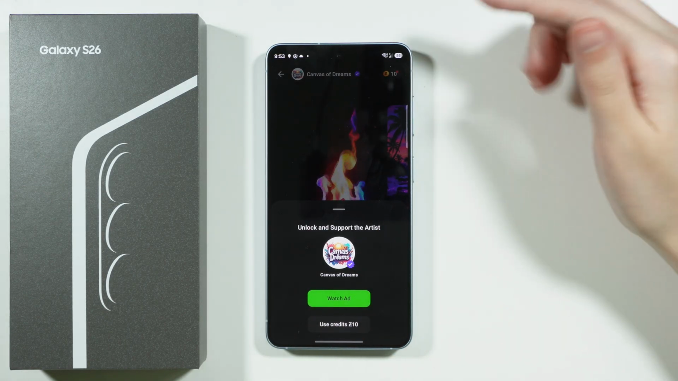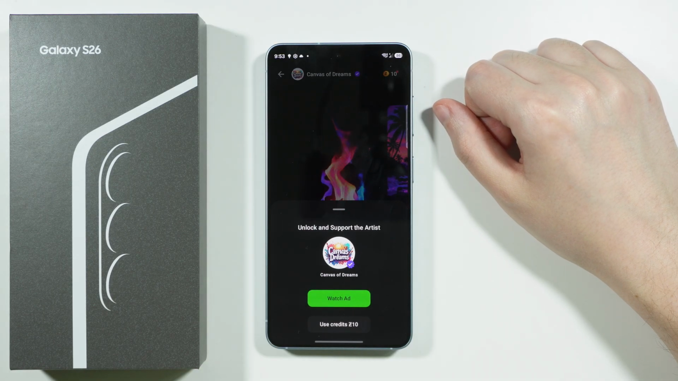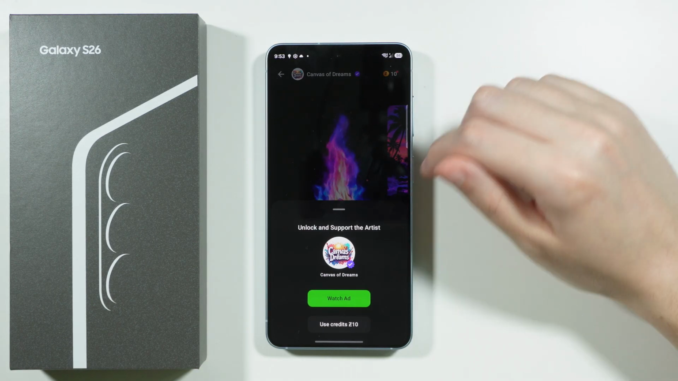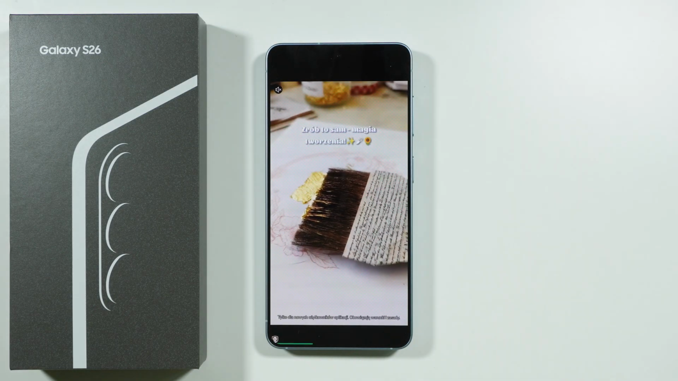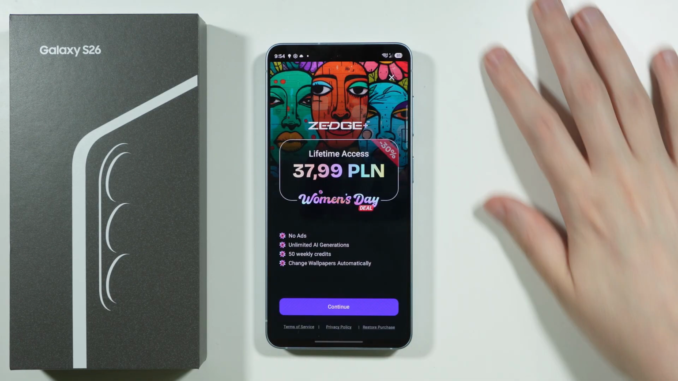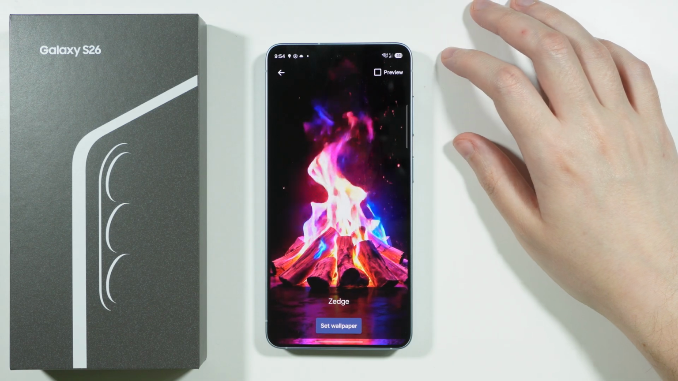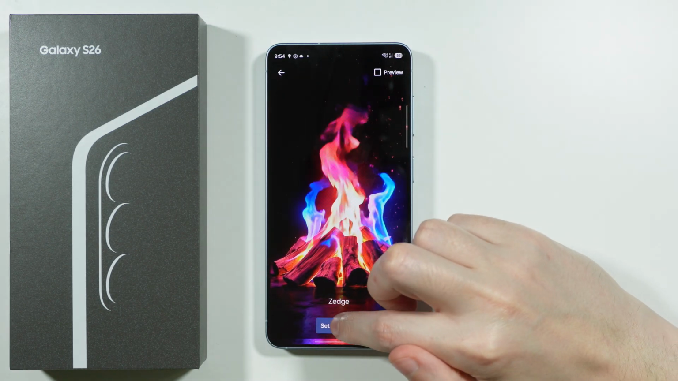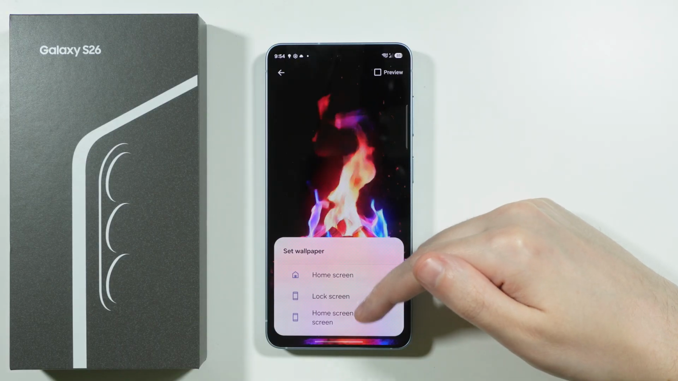Now if you install the app, you get 10 credits at the start, so you can immediately spend that. In my case, I'm gonna watch an ad, and then of course the ad should play, and you just need to wait for it to be done. After that, you can find the set video wallpaper button, so we're gonna use it. If you see a premium offer or something, you can close it, but usually you can immediately open the video wallpaper over there. Tap on set as wallpaper or set wallpaper,